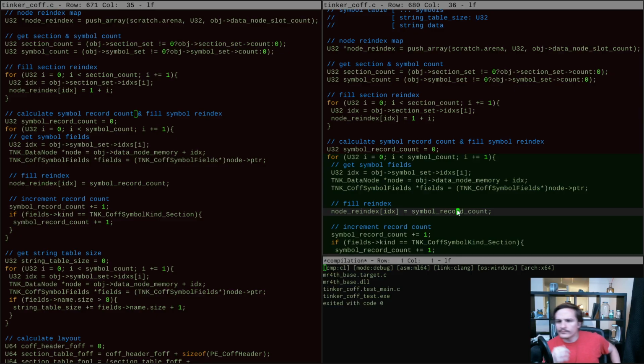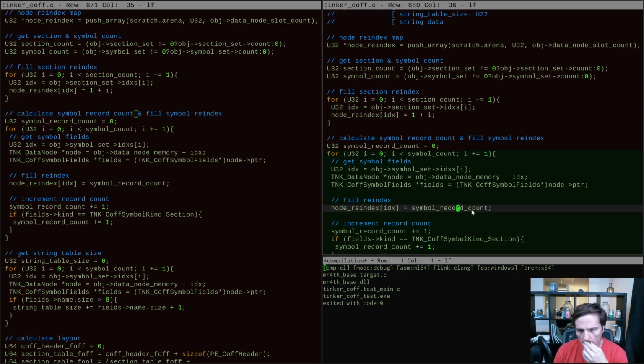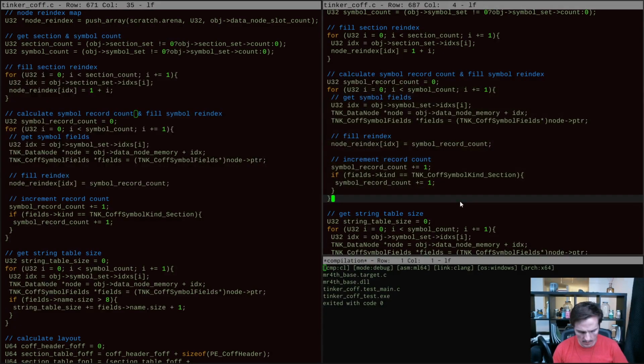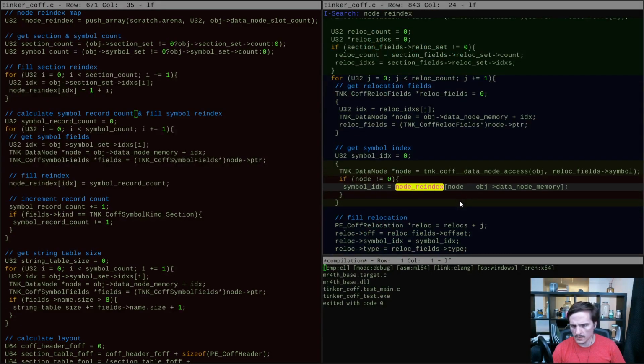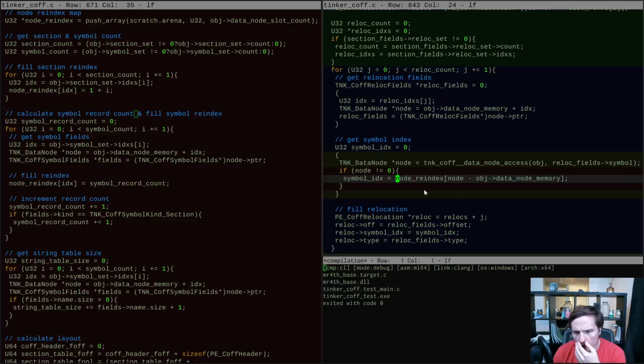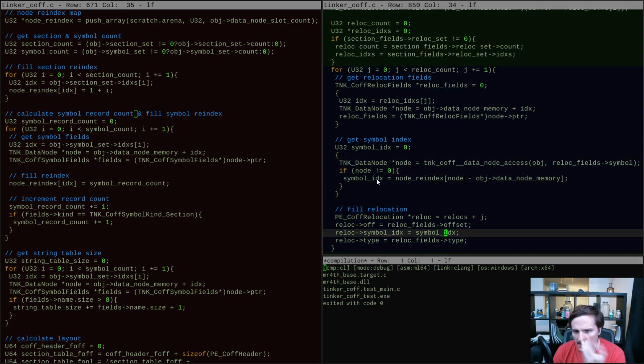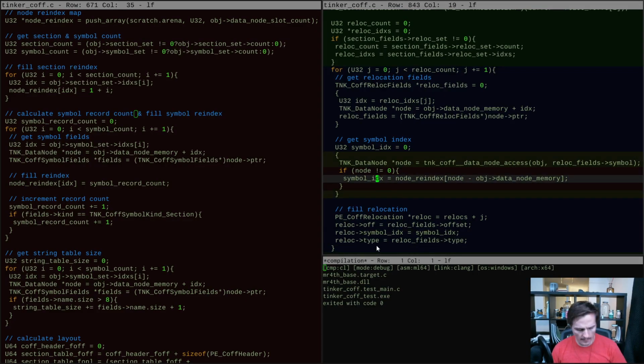That seems right. So the question is, is there an issue somewhere else with node reindex, how we're using it? I mean, this must be wrong. Let's take a look at